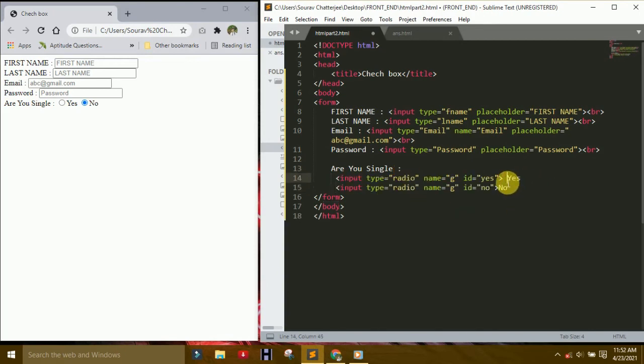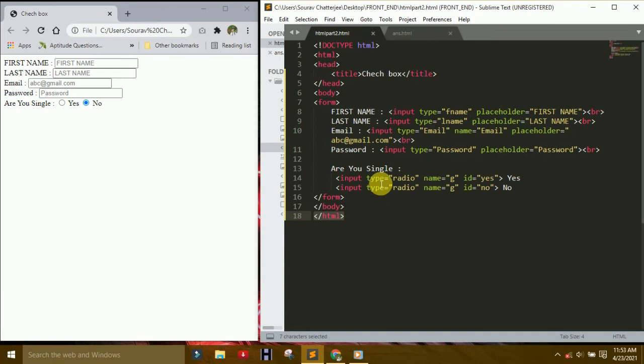I think now you understand. Okay, what I write here. Input type radio button is a round button. Checkbox is another thing, and radio button is another thing. If the same name is used, then only one can be clicked. If you control save it and refresh it, now it changes. If you click yes, then no is not clicked. If no is clicked, yes is not clicked. So that is the change for radio button.